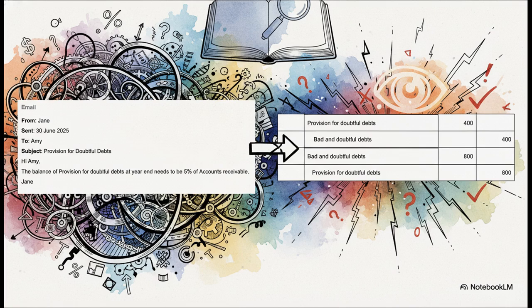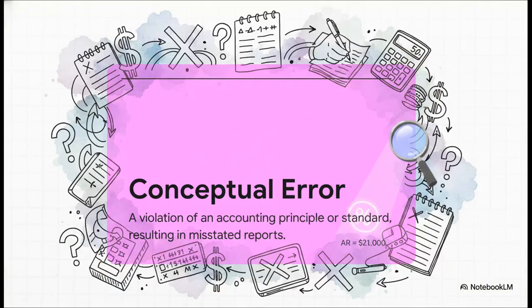But right next to it, the junior bookkeeper's journal extract shows an adjustment of just $400. The raw data completely contradicts the journal entry. This is exactly what causes panic, but as an auditor, you know exactly what's going on here. That flawed $400 journal entry isn't a trick. It's what we call a conceptual error. The junior bookkeeper violated an accounting principle.